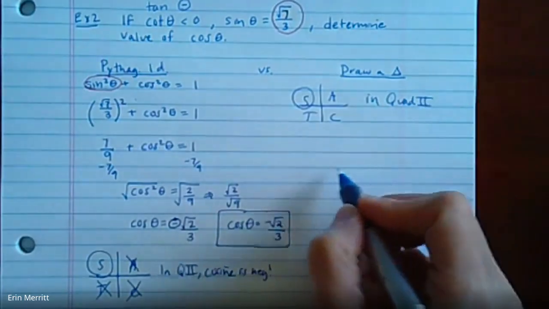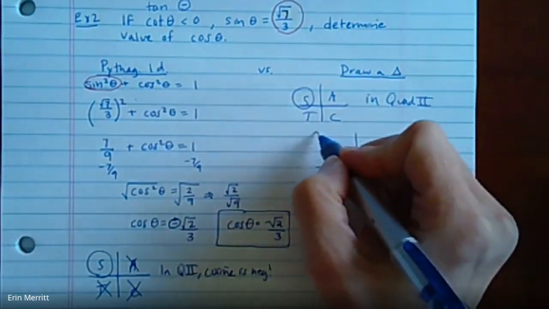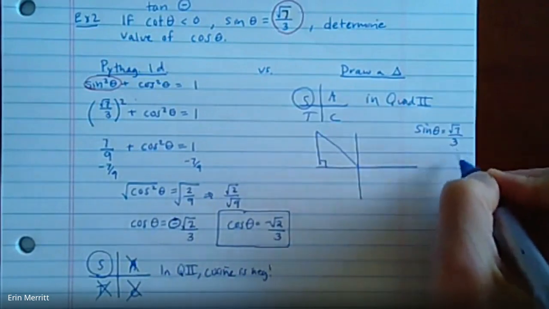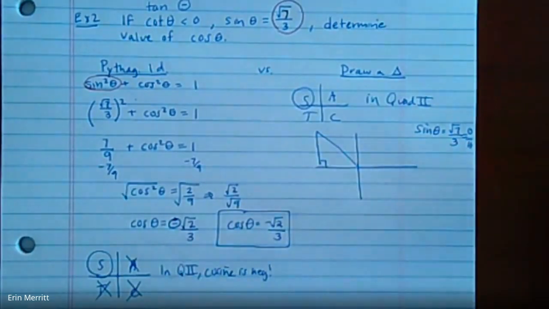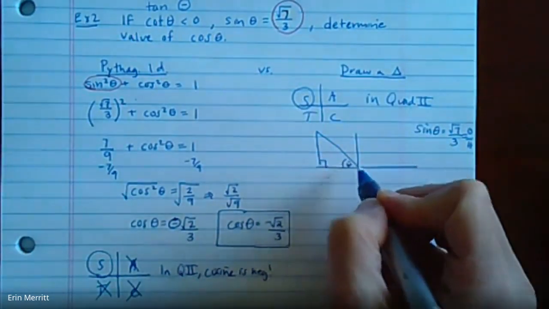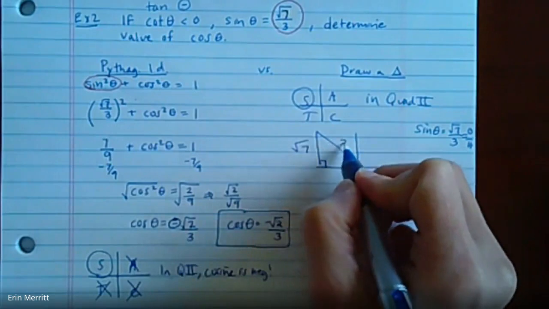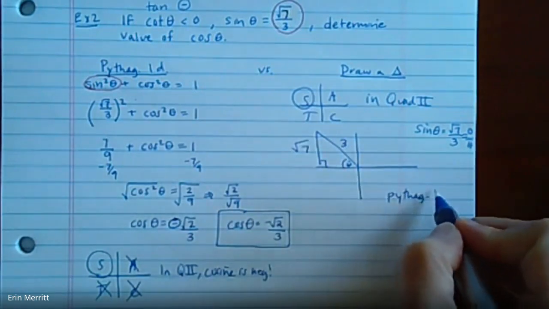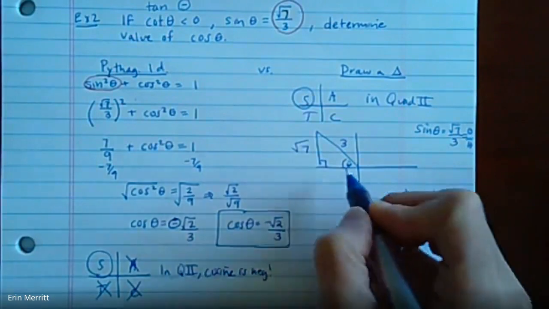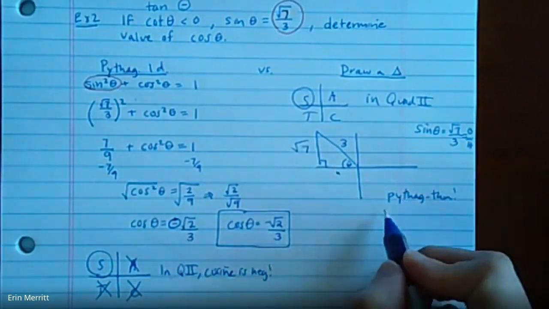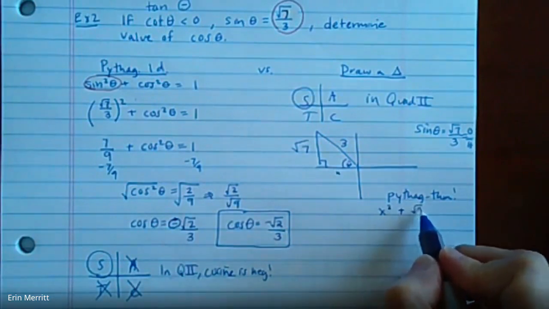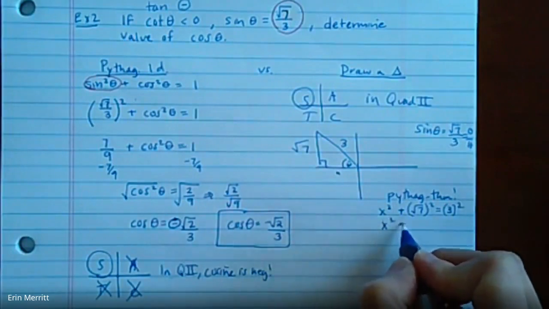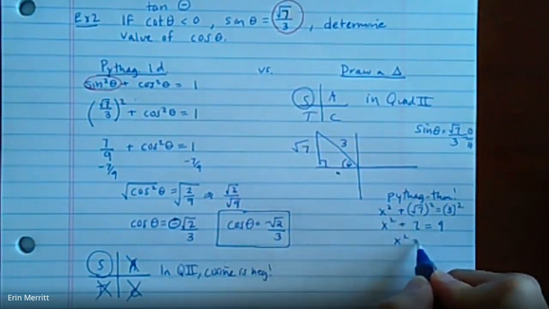And then that's where we would draw the triangle. So over in quadrant 2, we would say, hey, if sine is equal to radical 7 over 3, that's the opposite and the hypotenuse. So the opposite side is the radical 7, the hypotenuse is the 3, and then we would use the Pythagorean theorem to solve for this side right here. So we would do a little x squared plus radical 7 squared equals 3 squared. And you can very quickly see how this is going to end up